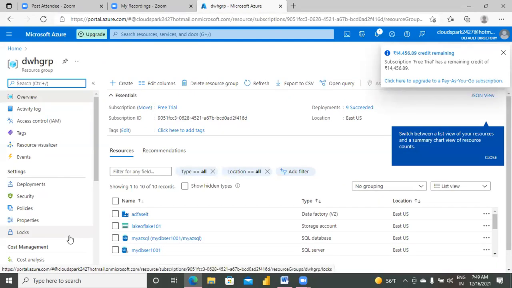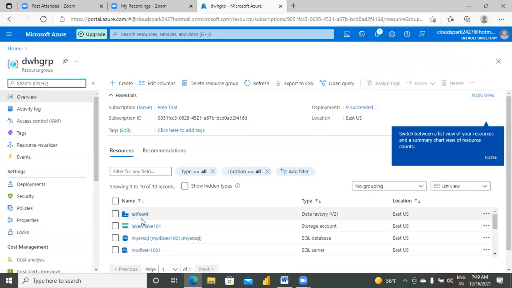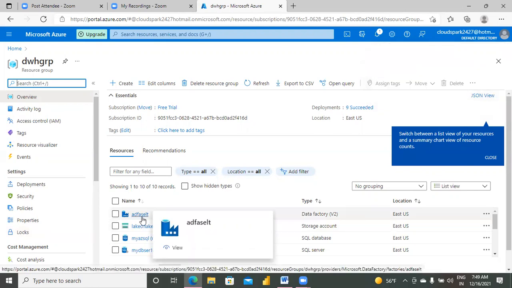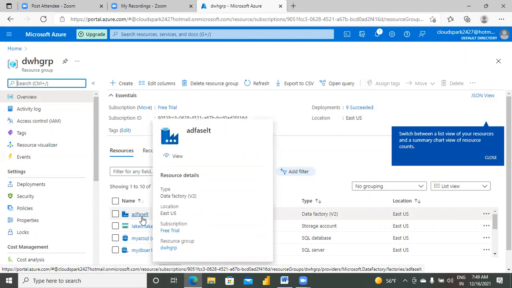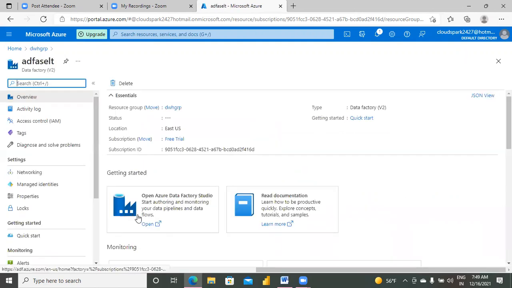So I just opened my resource group and started that ADF instance. Today I'm going to take only a short session.